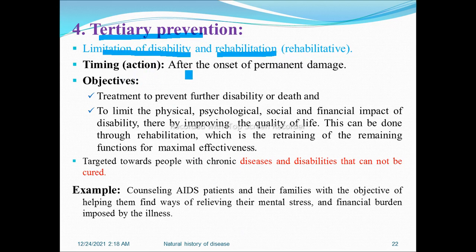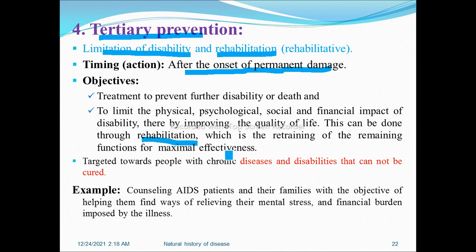In this case, an action should be taken after onset of permanent damage. Permanent damage and disability have already happened, but our aim is to limit the disability, limit the permanent damage, and promote rehabilitation. Our objective is to prevent further disability or death. The second objective is to limit the physical, psychological, social, and financial impact of disability, thereby improving the quality of life. This can be done through rehabilitation,